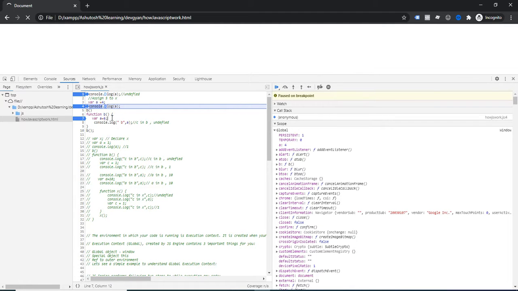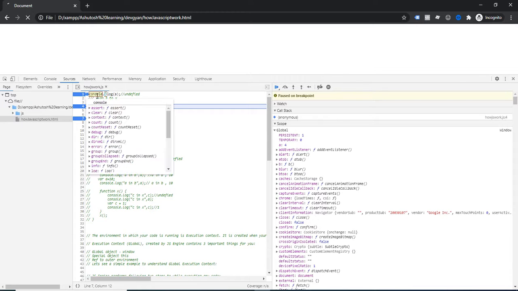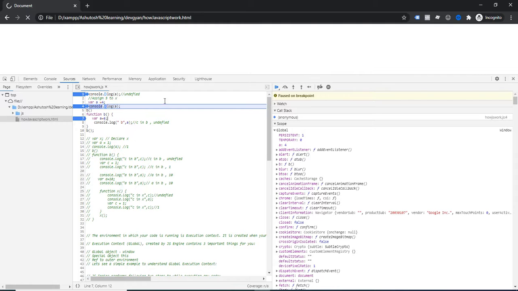So functions have their own area, their own environment, and it is independent from the global execution context. However, at some point of time, if required, if necessary, the function can access its parent, but the parent cannot access its child. If we talk about this function as a child and its parent as global, then global cannot access the property and the value of the function, but the function can access global when required. Okay, so I hope you understand about it.